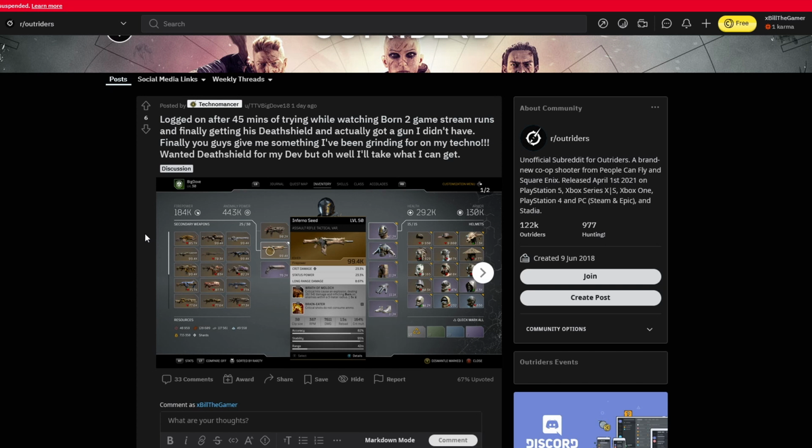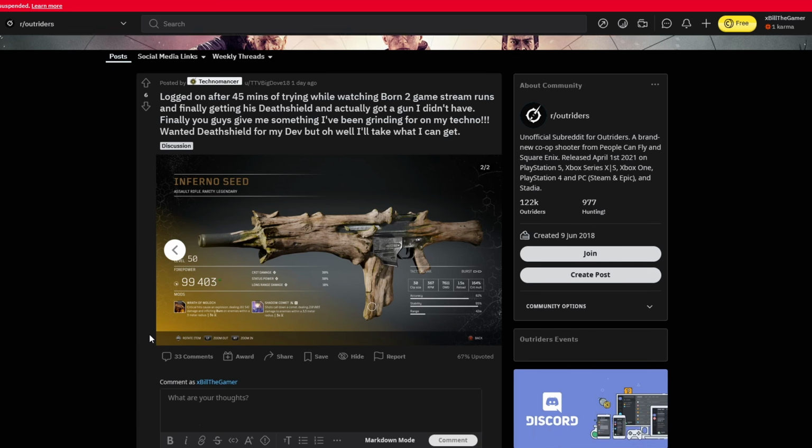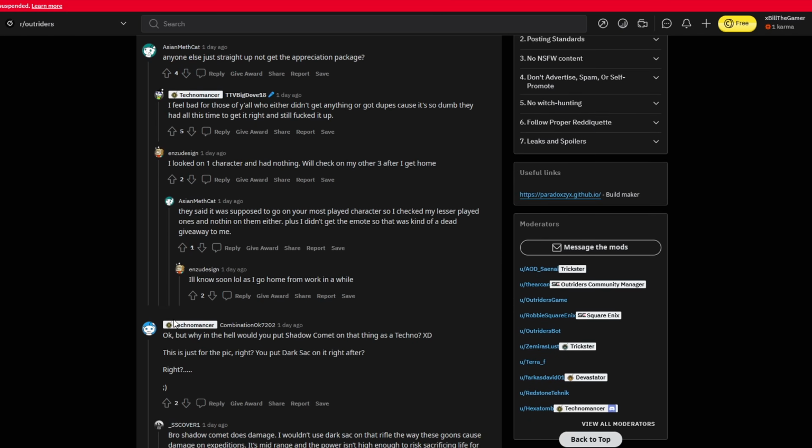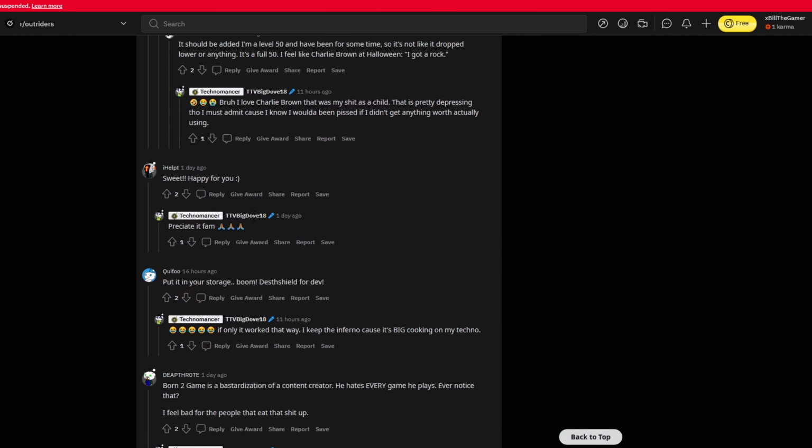It carries on to say, finally you guys give me something I've been grinding for on my techno. Wanted Death Shield for my dev, but oh well, I'll take what I can get. Inferno Seed, new weapon for the player. Absolutely amazing. Congrats. I'm glad people actually got stuff they never had before. And there's what it looks like for them up close, actually going into the details of the weapon. But I thought, this mentions me. Let's see what the community have to say and see if they mention me. So we scroll down, people talking about the appreciation package, and then it gets to...